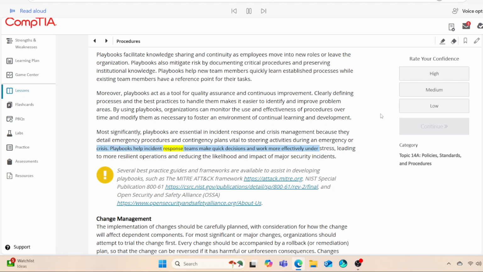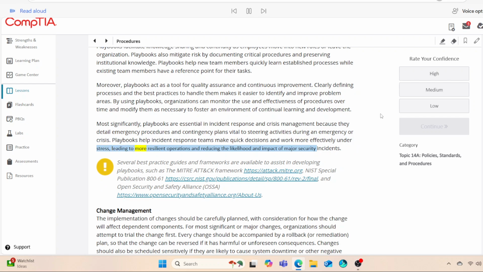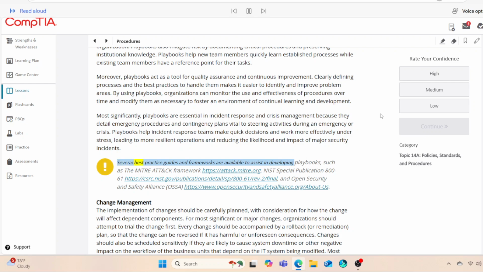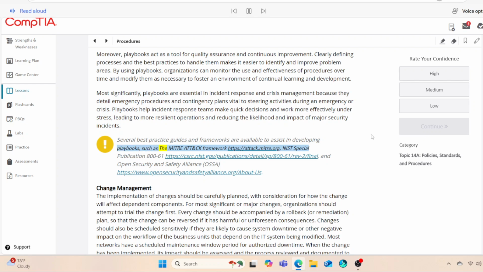Playbooks help incident response teams make quick decisions and work more effectively under stress, leading to more resilient operations and reducing the likelihood and impact of major security incidents. Several best practice guides and frameworks are available to assist in developing playbooks, such as the MITRE ATT&CK Framework